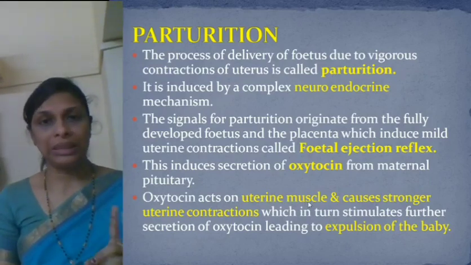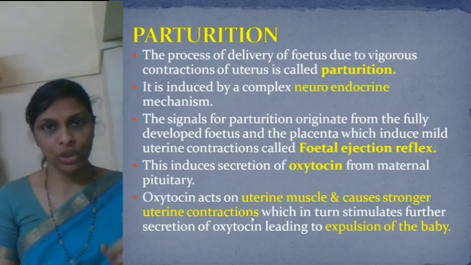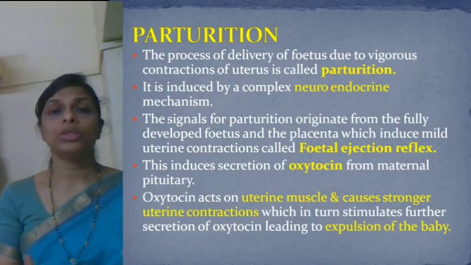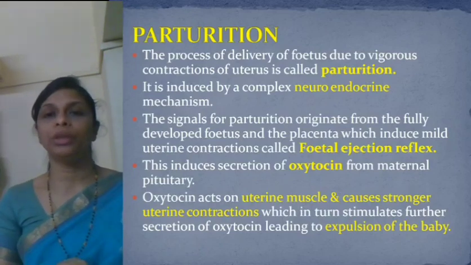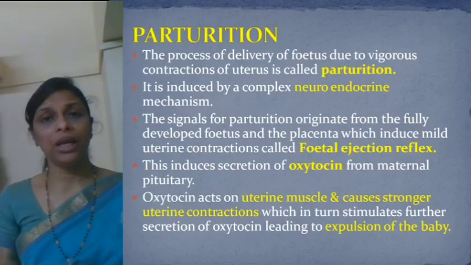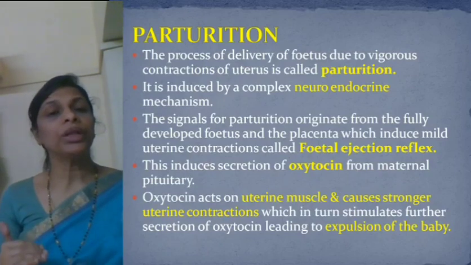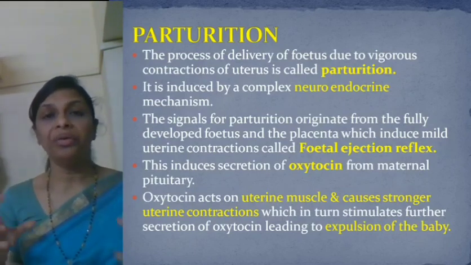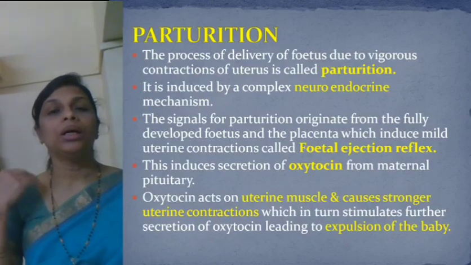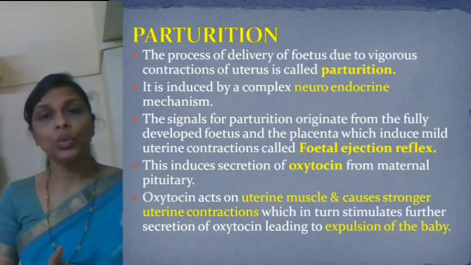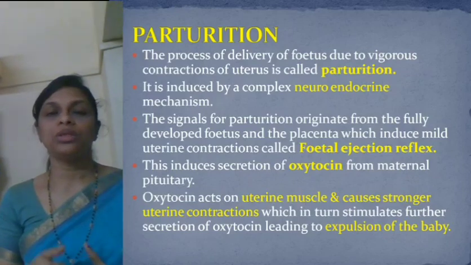It acts on the uterine muscle and causes stronger uterine contractions, which in turn stimulates further secretion of oxytocin, leading to expulsion of the baby. So enough secretion of oxytocin is required for the expulsion of the baby through the birth canal. We studied about the birth canal when we studied the female reproductive system. The birth canal is the cervical canal along with the vagina. So the baby comes out through the cervical canal by the stronger contractions of the uterine muscles and more and more secretion of oxytocin. So adequate secretion of oxytocin is very essential for the process of parturition or